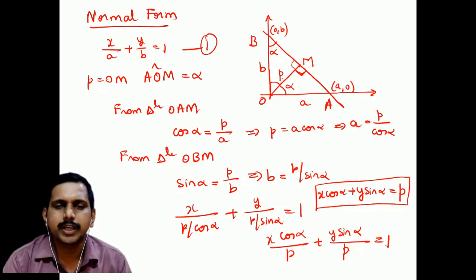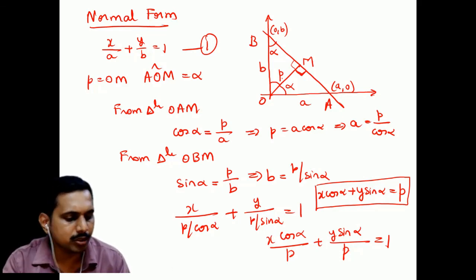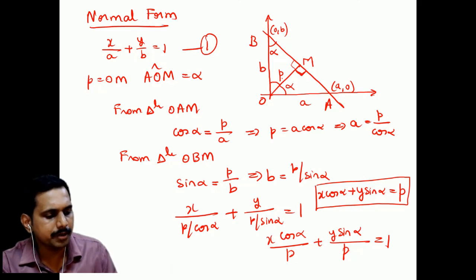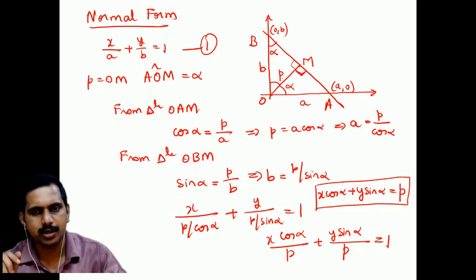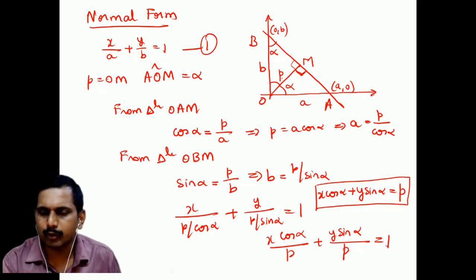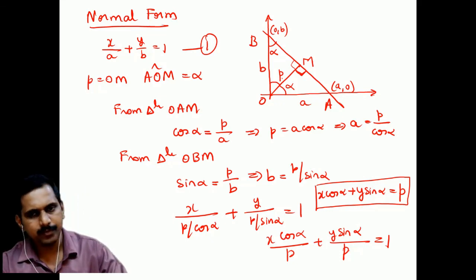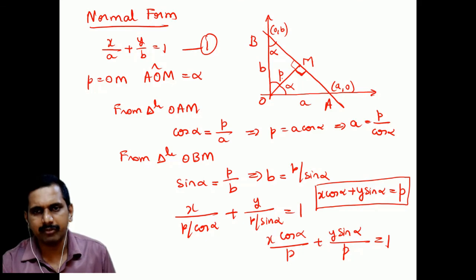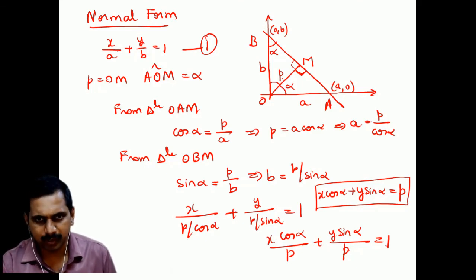Fine, students. This is what I had today. Tomorrow we will see some more things. We will continue with line. Line is not over, still more things are there. One more class on line, then lines completes. Once lines completes, we will go with limits and continuity. After limits, then continuity, then differentiability, then the mean value theorems.